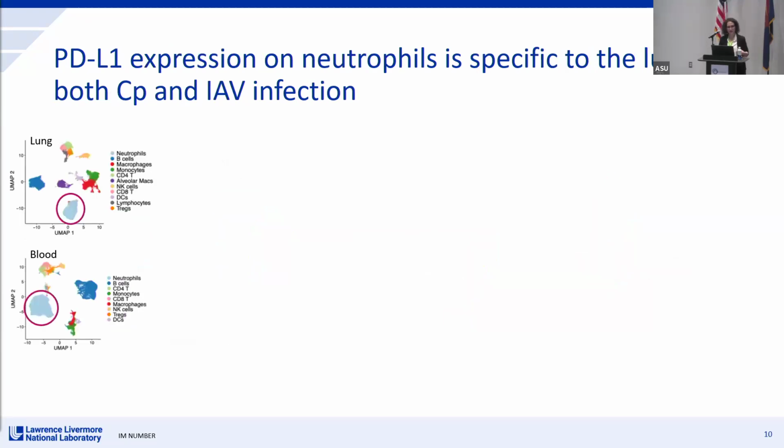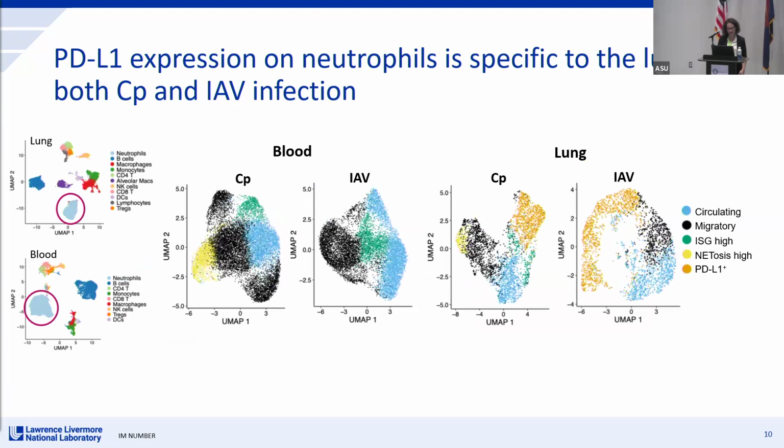Okay, so quickly now I'm just going to highlight again the neutrophils, because as I mentioned, they represent a very large component of the cells that we sequenced in the lung and the blood with both pathogens. So doing a subclustering of the neutrophils in the blood and the lung reveals diverse populations. And just in the interest of time, I'm not going to walk through all of the populations, but I want to highlight here that we noticed a population of neutrophils